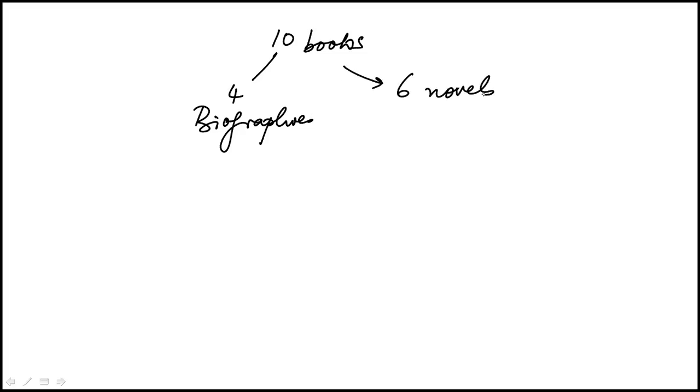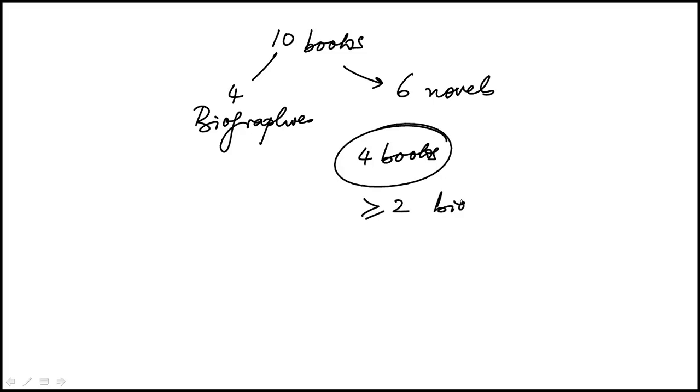So here we're given that a reading list for a humanities course consists of 10 books, of which 4 are biographies, and the rest are novels, which means 6 are novels. And each student is required to read a selection of 4 books. So that's the total number of books that the student has to read. And it has to include 2 or more biographies,